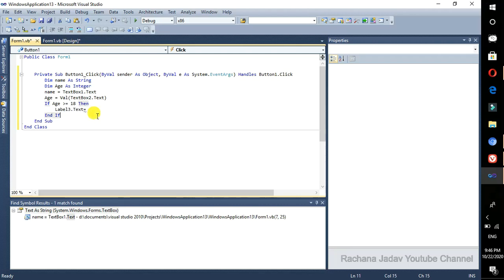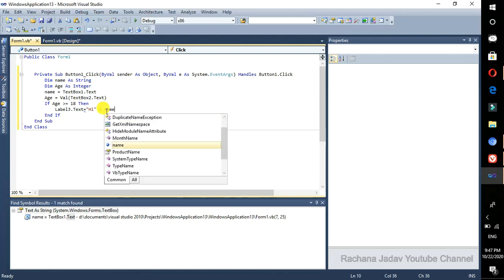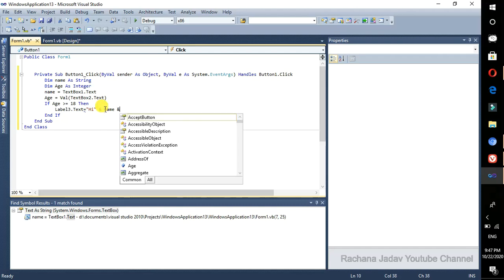Okay, so here we will take it over here and then we will write. Here what we are going to do, we have to combine the name, so we take the ampersand sign. Your ampersand sign is used for combining. So what we are going to combine is our variable.